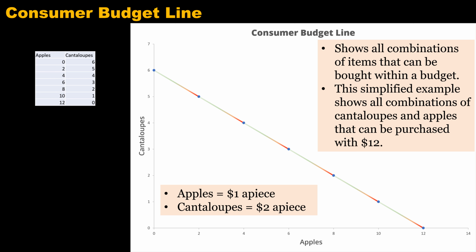This analysis is simplified by assuming that the consumer spends all their money on two products, but this idea can be extended to every choice the consumer makes. For instance, suppose you have $12 to spend on cantaloupes and apples. Each cantaloupe costs $2 a piece and each apple costs $1 a piece. Then, according to your consumer budget line, represented in this chart, these are all the combinations of apples and cantaloupes